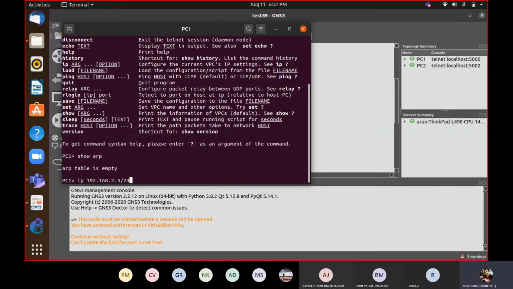Mask means the initial 24 bits will be 1, and the remaining 8 bits will be 0. So whenever the initial 24 bits are 1, you AND it with this IP address. Whatever result you get, that is the network address.